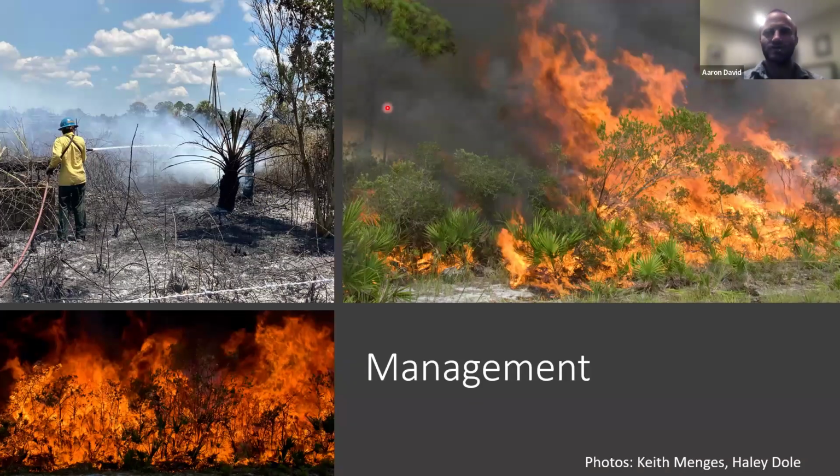All right, so I'll shift gears and talk a little bit about management. I mentioned earlier, fire is a really big, important piece of management. We live in the Southeast, and for those that don't know, fire is just a pervasive force in the Southeast. To say that fire is important in our ecosystem is really just an undersell. Historically, even pre-human, fire was just going all the time. Like, things were always on fire back in this region.